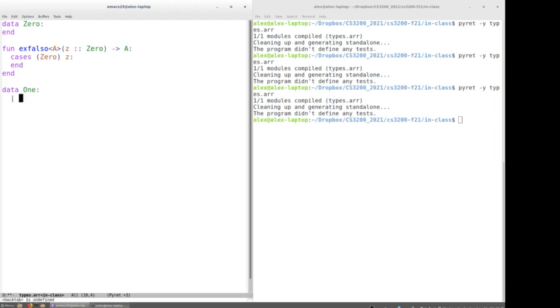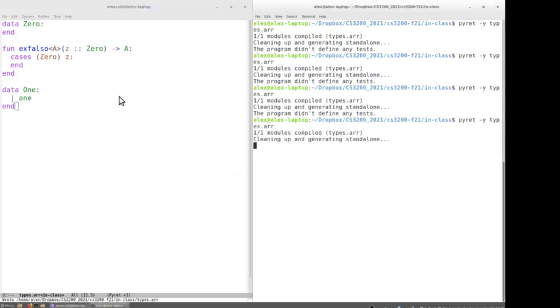Okay. So for 1, it'll have one constructor, and I'll just call it 1 with lowercase. Okay, that type checks. Now, there's not a whole lot of interesting things you could do with 1, but the normal use case for a type like this would be